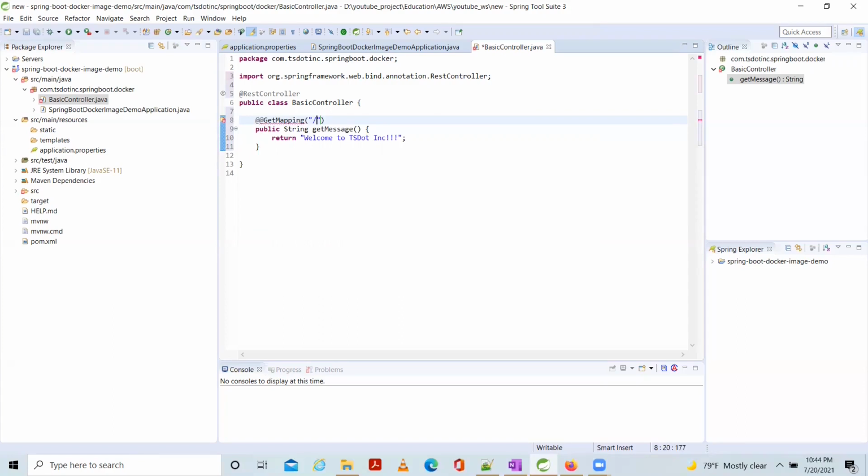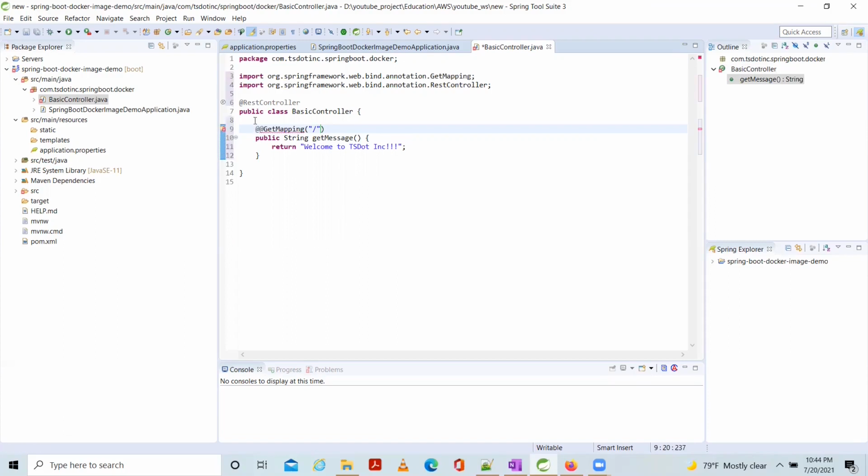Let's map this to a GetMapping. We will give the root URL. Whenever we run the application, we should get welcome to ts.inc. Okay, that's it. So we will run the application.